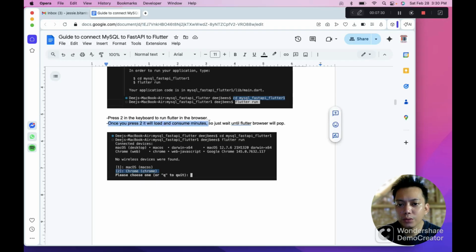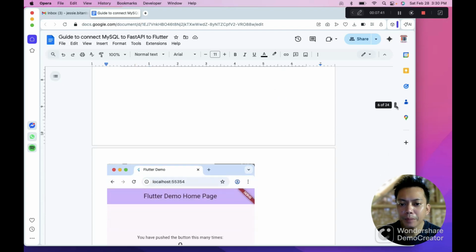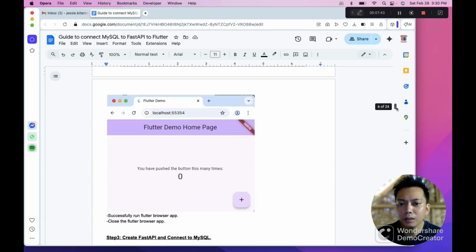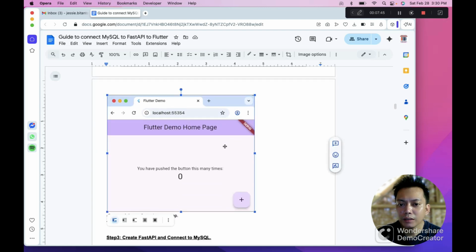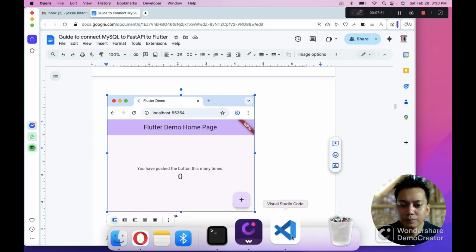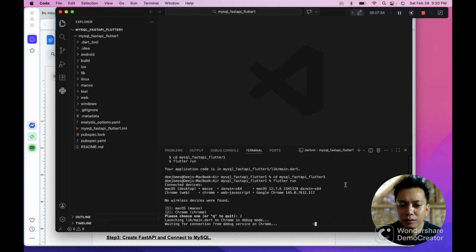Once you press 2, it will load and take a few minutes. So just wait until the Flutter browser pops up. In the picture, it looks like this. So we're going to wait. It keeps on loading.